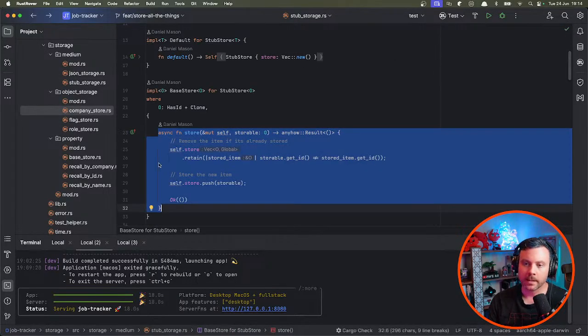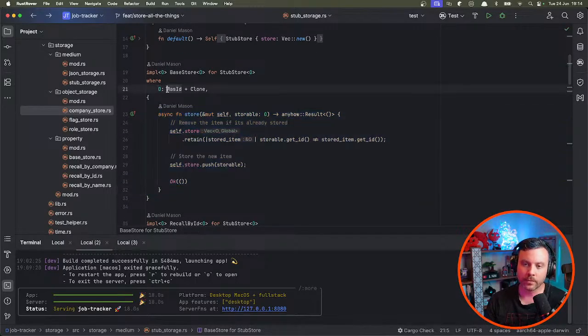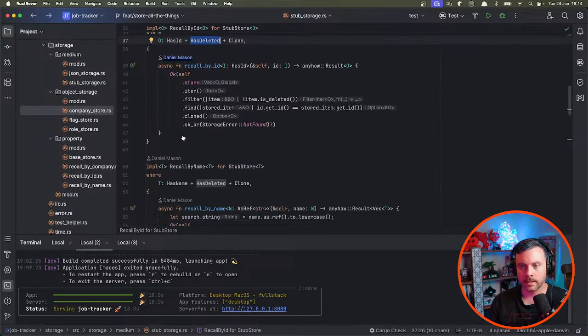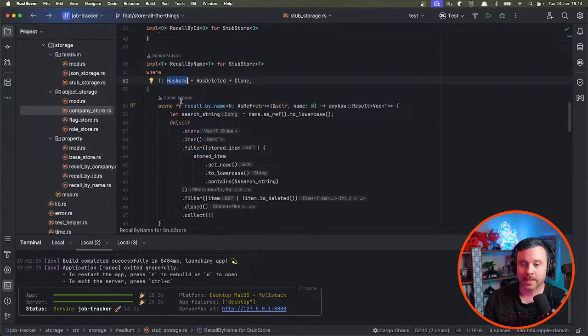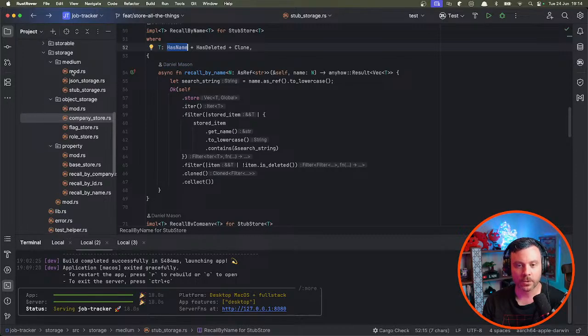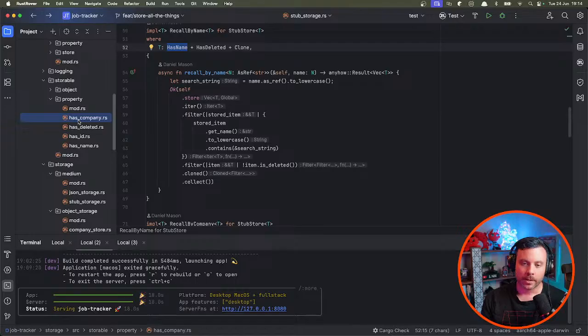If I go back in here, base store, so company itself has to implement has ID and clone. It has to also implement has deleted and has name. So as long as it implements those 4 traits, then automatically any store that would store it can implement these. So if we go over to the storable, you'll see we've got the has ID, has name, has deleted,